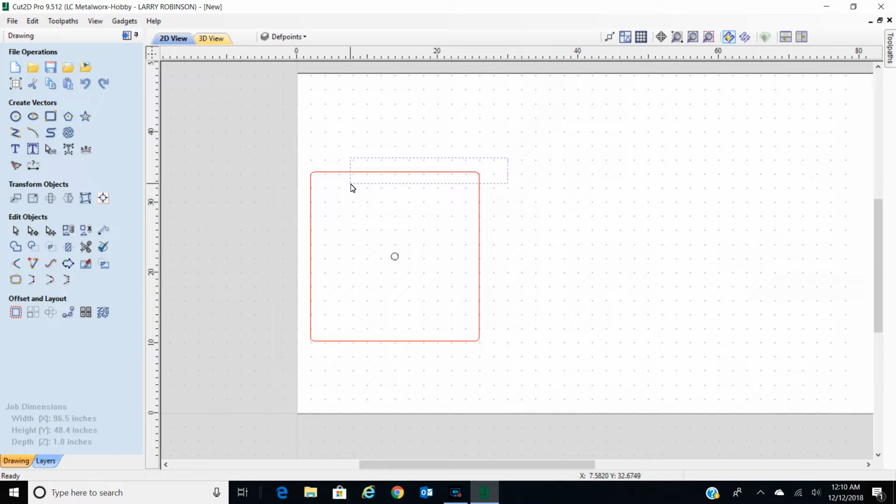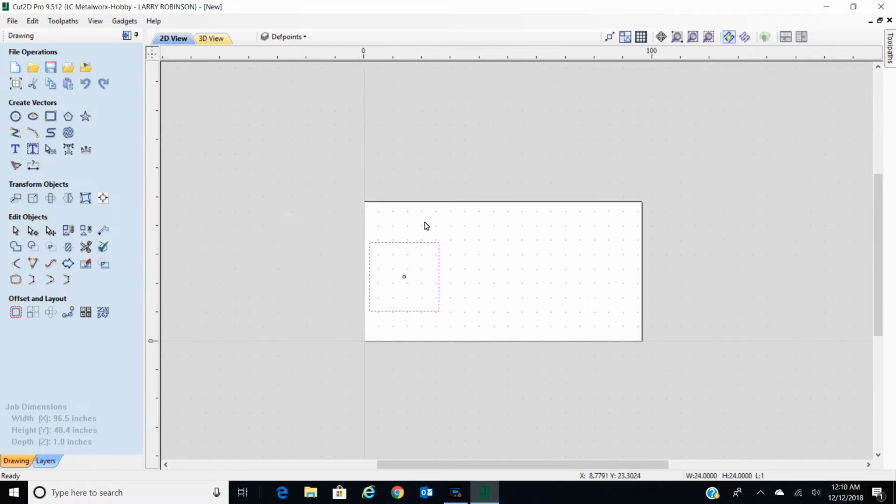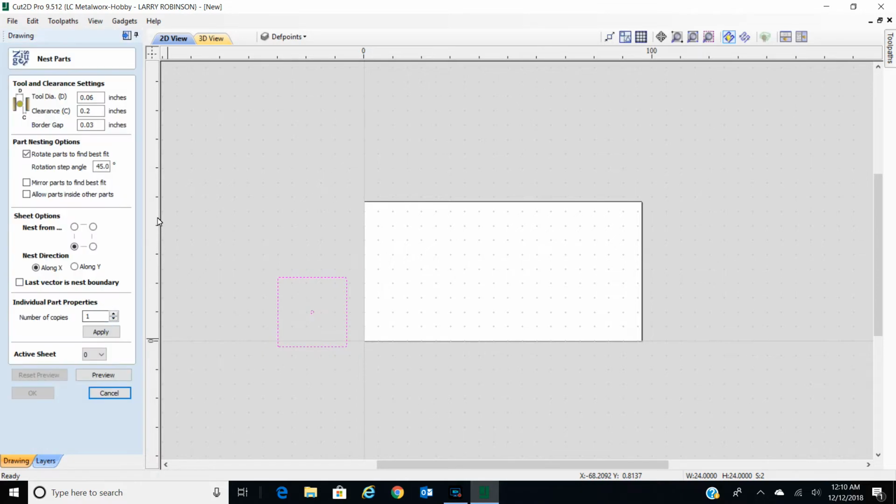Now if we wanted to cut this, or if you wanted to cut a whole sheet of these, for instance, first off, let's select all that and just kind of move it out here out of the way a minute. To nest that, which I've done, click that nest button, and then you set in your tool diameter, which would be like your kerf. That's always confusing because this is really set up for a milling or for a V-carve, a wood router type CNC machine. But